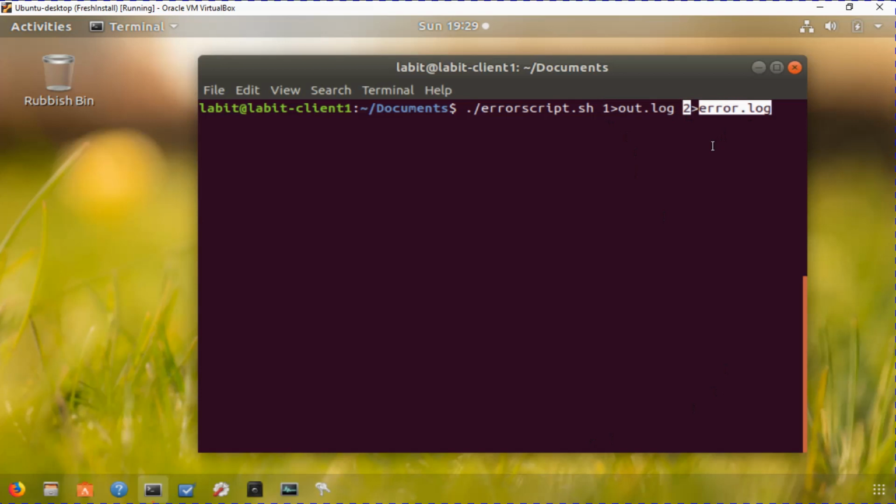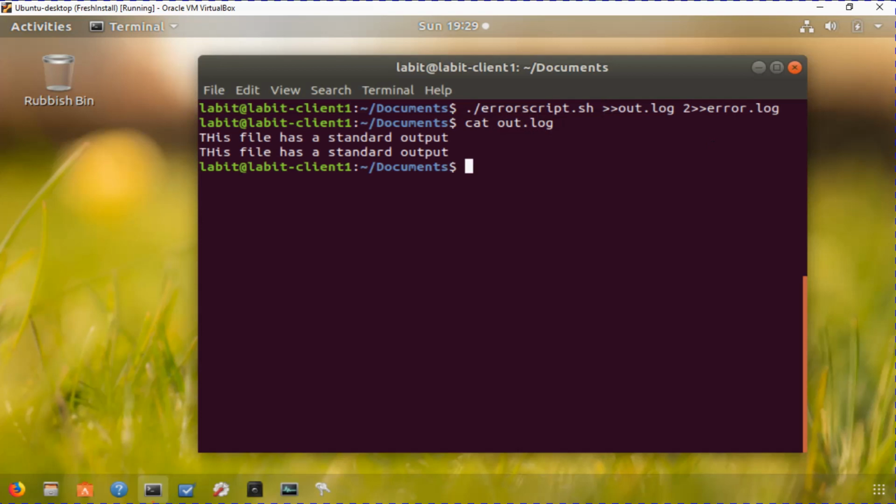Now if we wanted to append rather than overwrite existing logs, we'll use 2 greater than signs, and also 1 is the default behavior of redirection, so we can remove the 1 and we'll have similar results. So if I was to hit enter now, and if I was to cat out.log first,